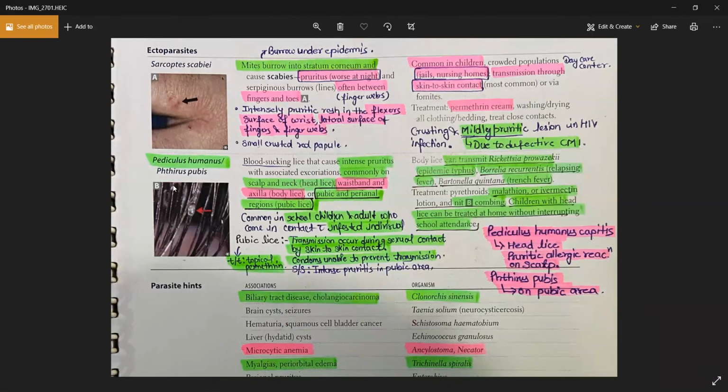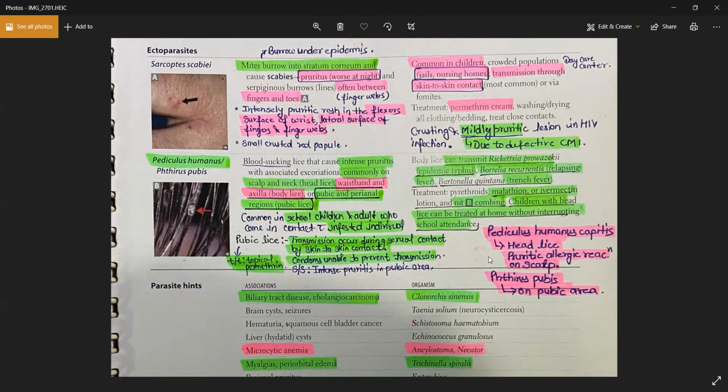Then comes the Pediculus humanus and Pthirus pubis. Okay, Pediculus humanus, as the name suggests, affects your pedicles, which are the feet, and Pthirus pubis affects your hairs. Okay, it is a blood-sucking louse that causes intense pruritus, the hair lice that you know. Okay, these are the Pthirus pubis. So Pediculus humanus capitis is a head louse causing very intense pruritus in the scalp. Okay, it is an allergic reaction, and of course, just like Sarcoptes scabiei, it can transmit by just contact, touching,